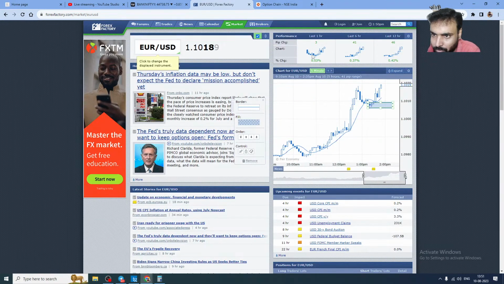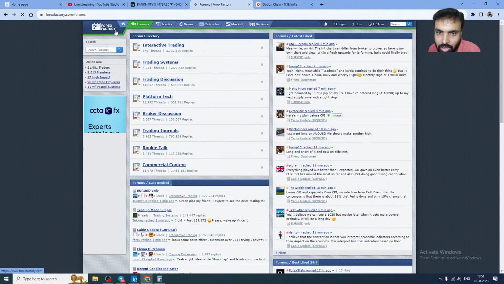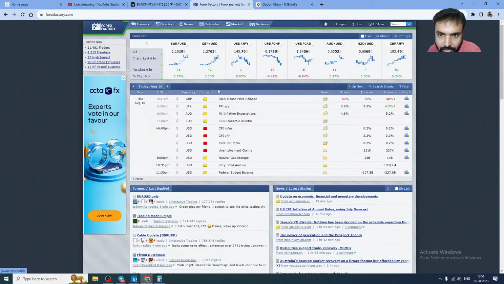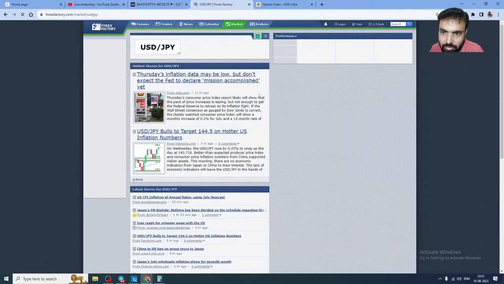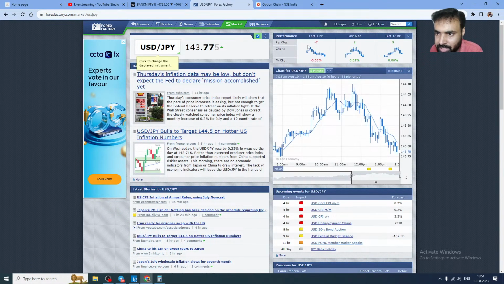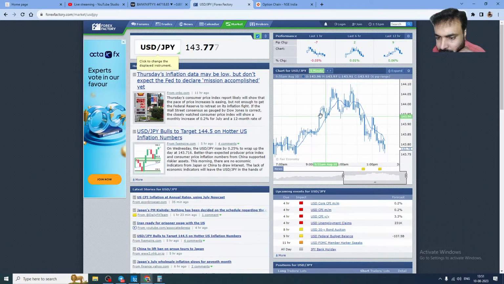This is also a good platform to observe. You can easily switch between the charts. You go to the home page, so you can click like this. You can see the chart, and you can see the performance: in the last 1 hour, how many pips changed; last 6 hours, how many pips changed towards upside; last 12 hours, how many pips changed towards upside or downside. All those things you can see, and related to this, you have news coming, right? Within the next 4 hours the news is coming, so watch out for that. That is also what it's saying.